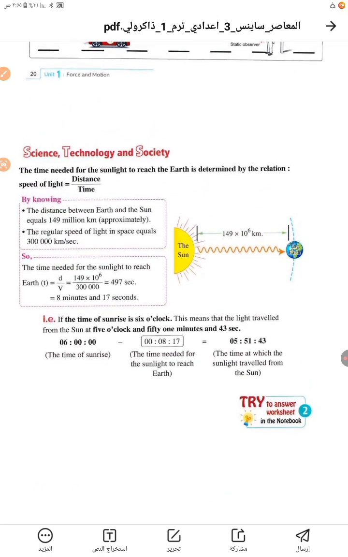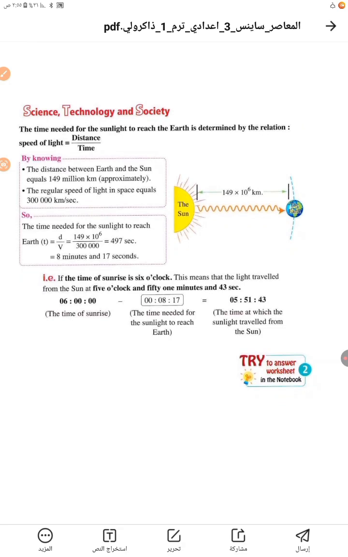عندي بيقول Science, Technology and Society: the time needed for the sunlight to reach the earth is determined by the relation speed of light equals the distance over time, by knowing the distance between earth and the sun equals 149 million kilometers approximately، يعني بالتقريب المسافة ما بين الشمس والأرض. The regular speed of light in space equals 300,000 km per second. The time needed for the sunlight to reach